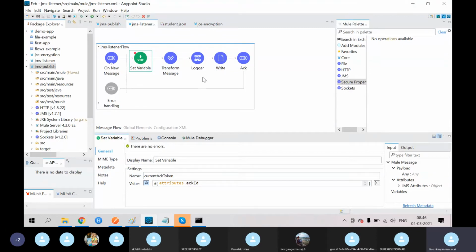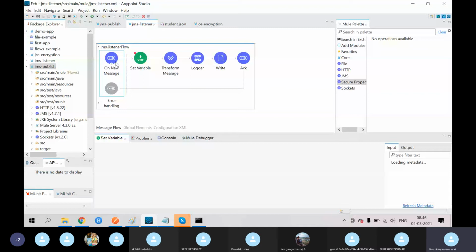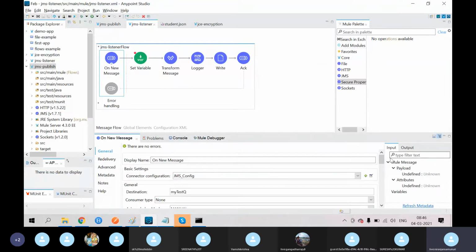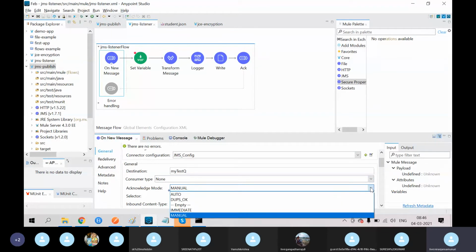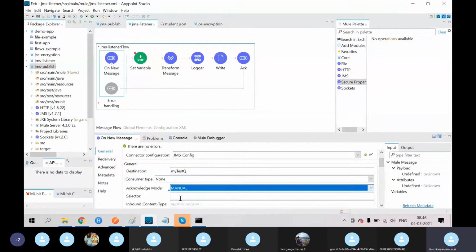So in that scenario, if you want to increase your reliability, then you have to apply some techniques. Here we can call it an acknowledgement technique. For that we have to select acknowledgement mode as manual. Here you can see a lot of options, but mostly we will use acknowledgement mode as manual, so that whenever you read the message from the queue, automatically it will not be deleted.